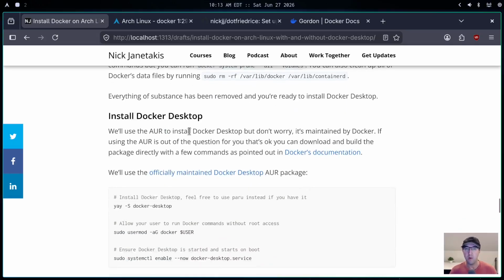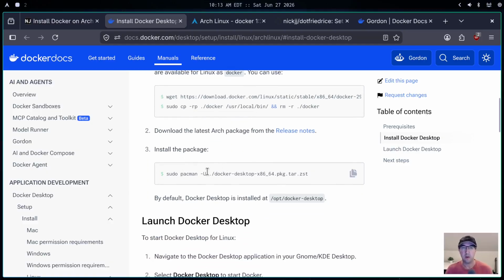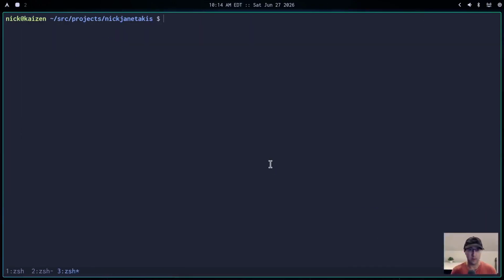And we're going to use the AUR to install Docker Desktop, but don't worry, it's maintained by Docker. Now, if using the AUR is out of the question for you, that's totally okay because Docker's documentation here has some steps that you can do if you don't want to use the AUR. For example, you can download this, run these two commands here, and then you can also just install the package directly with pacman here if you want to do that. With that said, we are going to be using the AUR here. So I have yay installed, so I can just yay install Docker Desktop like this. If you have Paru installed or another AUR helper, feel free to use those commands instead,